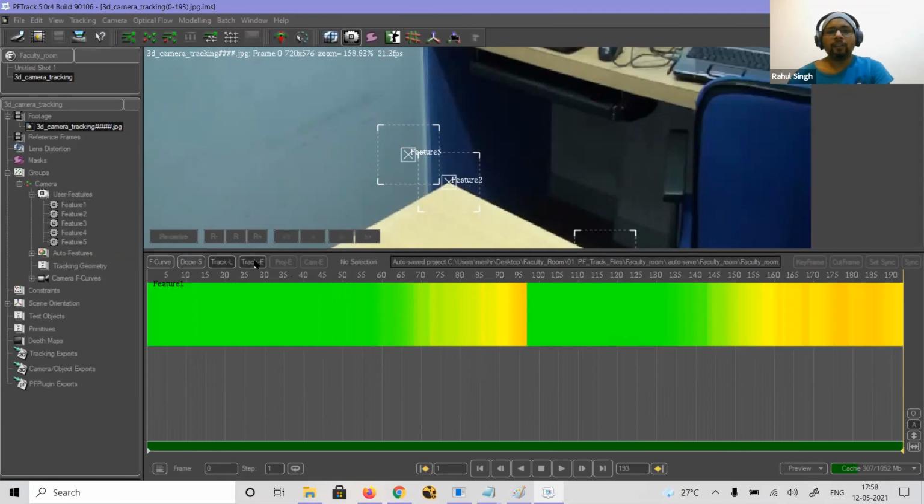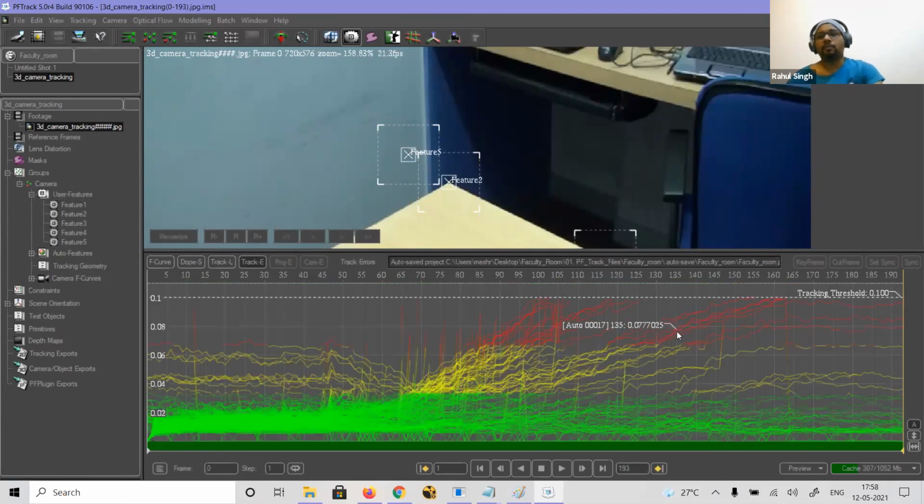Then you have track E where you will find the error. Is a lot of error there or not? So here you can see that each point, whether it is manual or auto, doesn't matter, is having what error. So this is the graph. It shows the length, means where it is starting and how far that length is having the error. So it is showing for each auto.